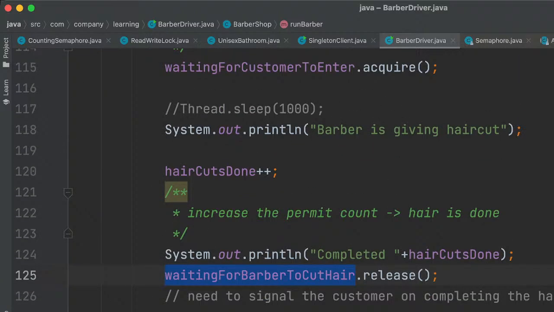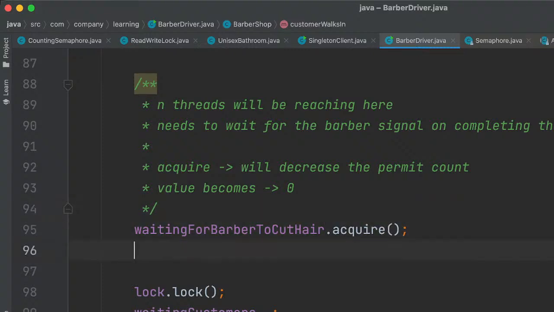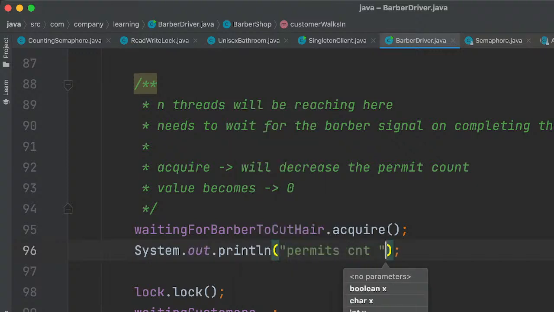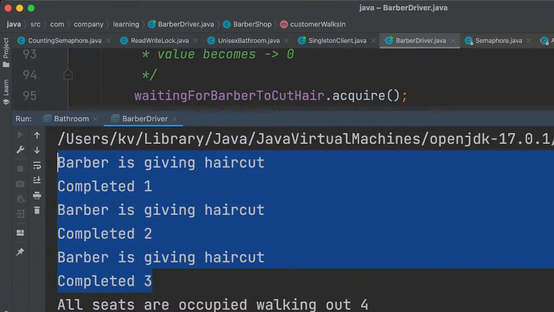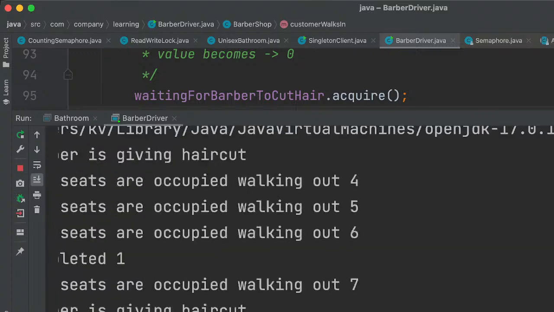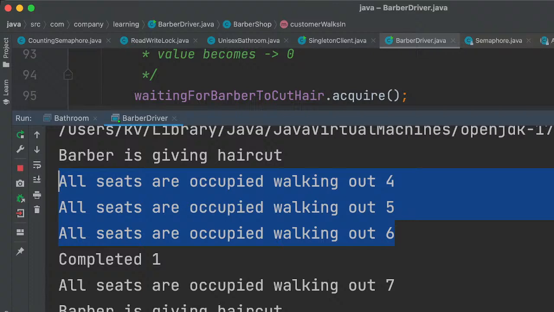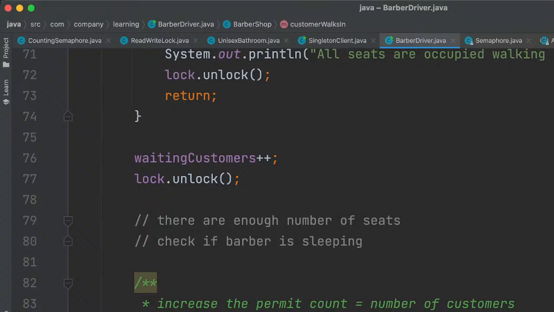Let's print the required payments count. See, Barber is giving haircut, and there will be three threads reaching till this point, right? Three threads will be releasing the permits.